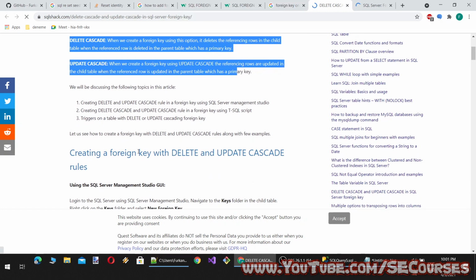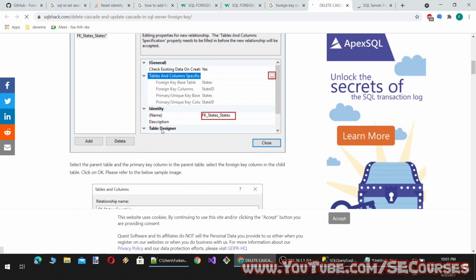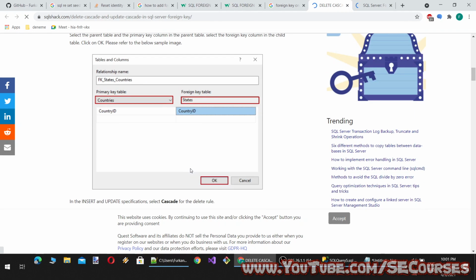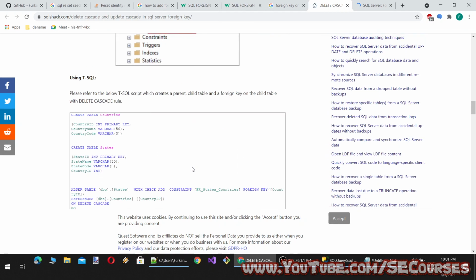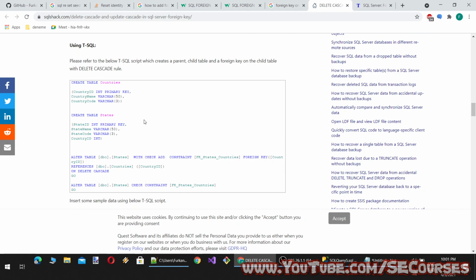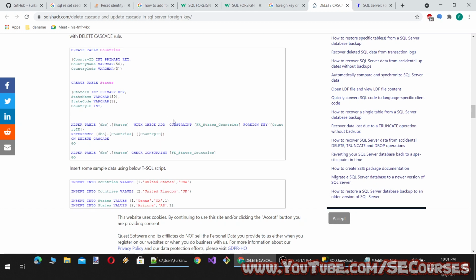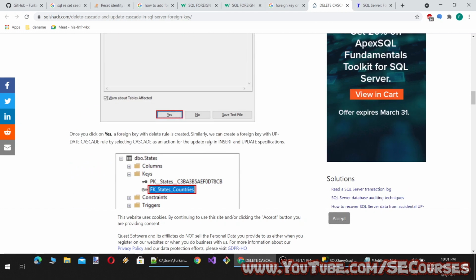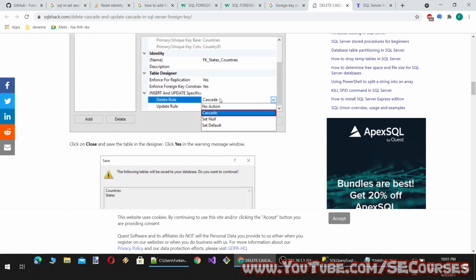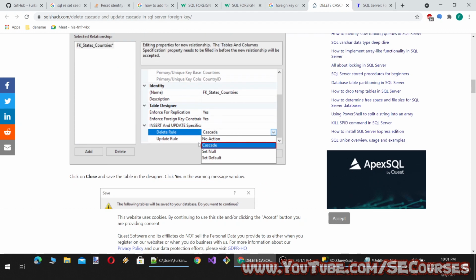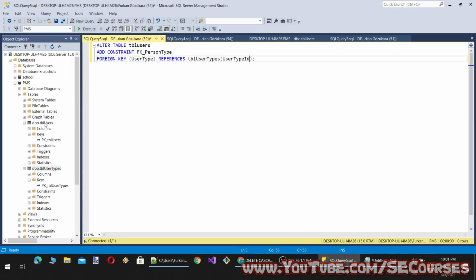I also want to add them. So how do we do it? With a query. Okay, there is a rule. Yeah, we can also add from the designer. I think it would be even easier.